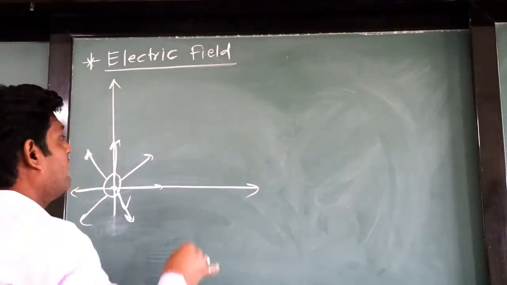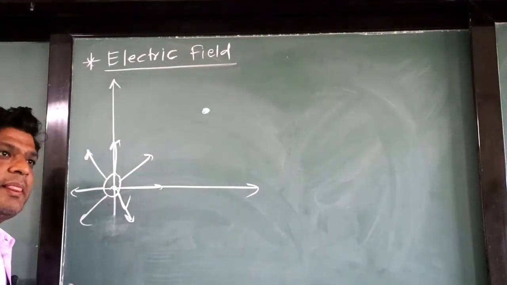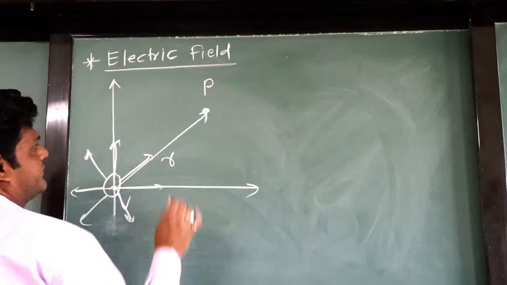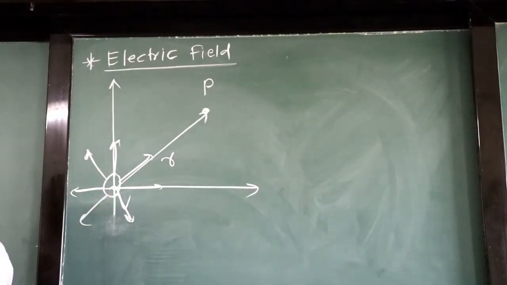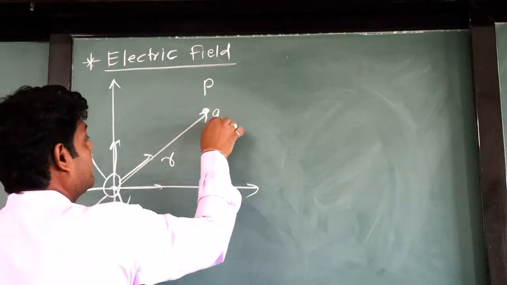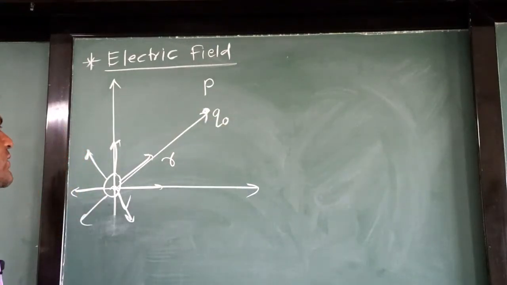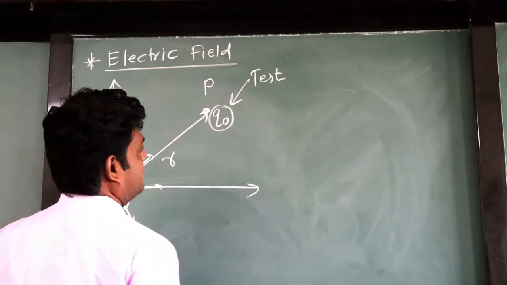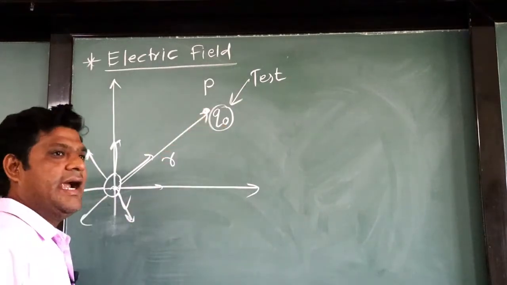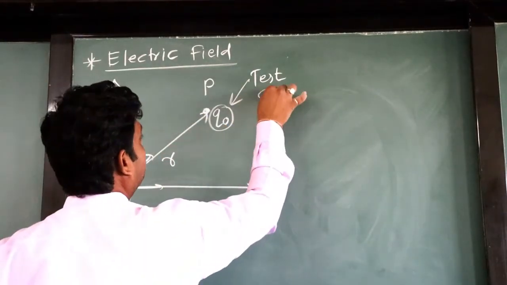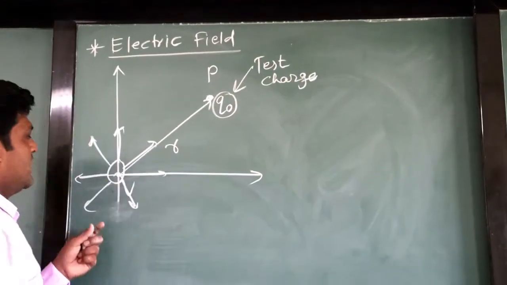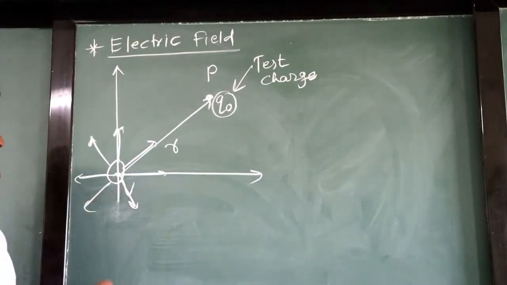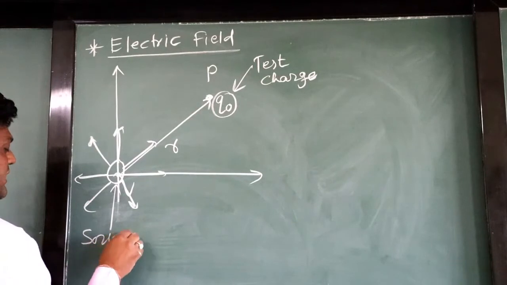And we want to calculate what is the magnitude of electric field at point P. And this point P is at a distance r from the origin. So P is the point. For that purpose, we are going to keep one small minimum charge Q0, right? So this Q0 is known as the test charge. Why is it a test charge? Because it will test what is the intensity of electric field at this point or given point. So it is known as the test charge. Here the electric field is present due to this charge. So that's why this charge is known as the source charge,